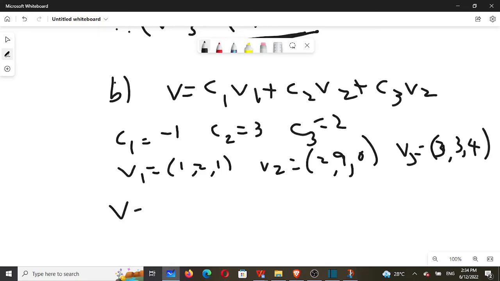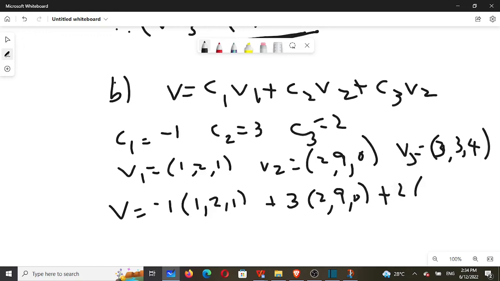So V is equal to minus 1 into (1, 2, 1) plus 3 into (2, 9, 0) plus 2 into (3, 3, 4),